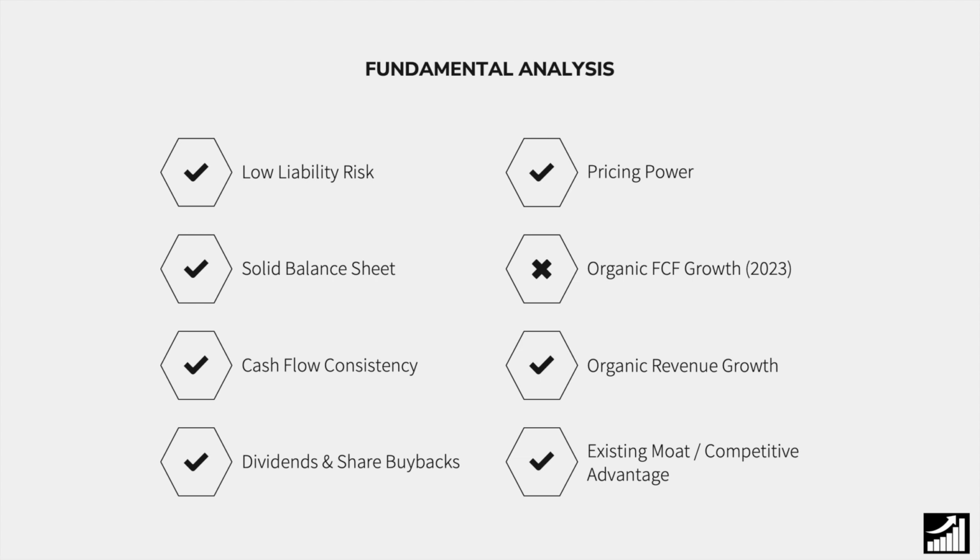The dividend is not huge, but they're starting off with a very consistent small dividend, and this is good because the combination of these two aspects basically means that they are returning a lot of their generated free cash flow back to the investor. Now this company does have pricing power as they offer a very unique solution, and whenever